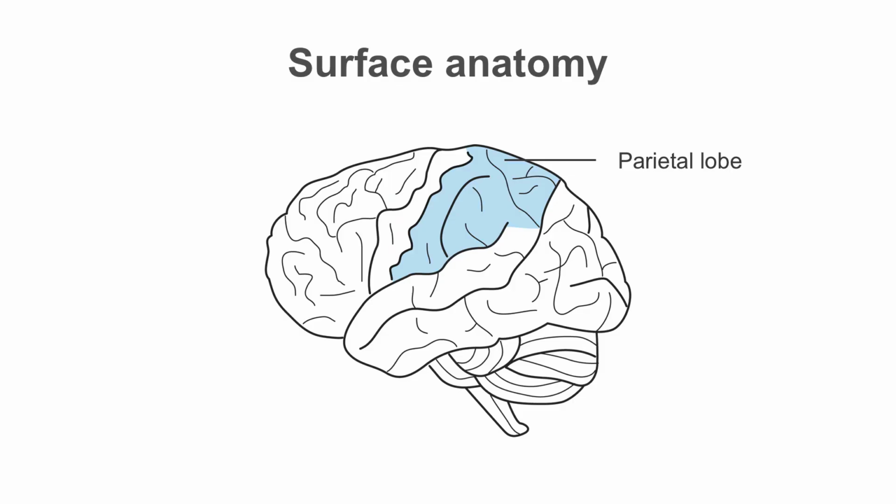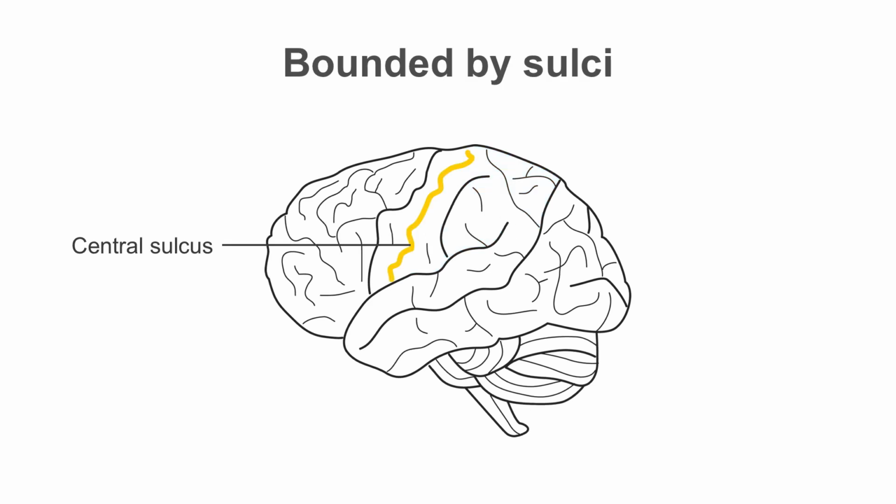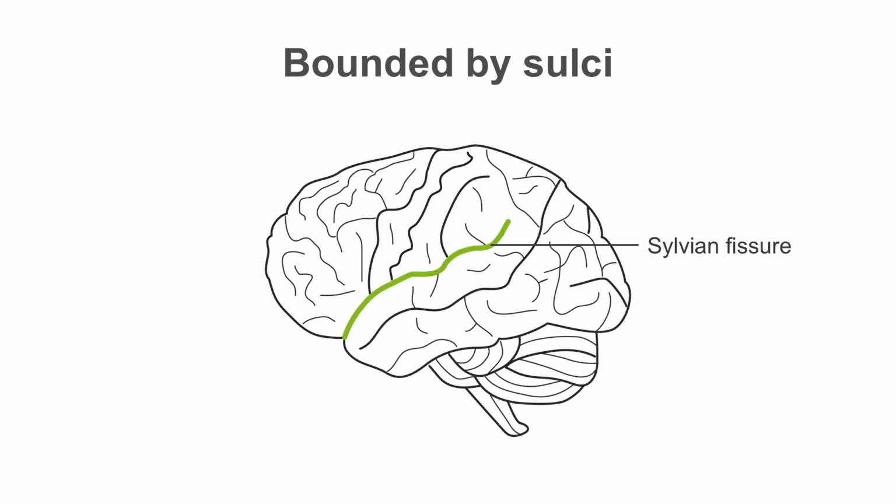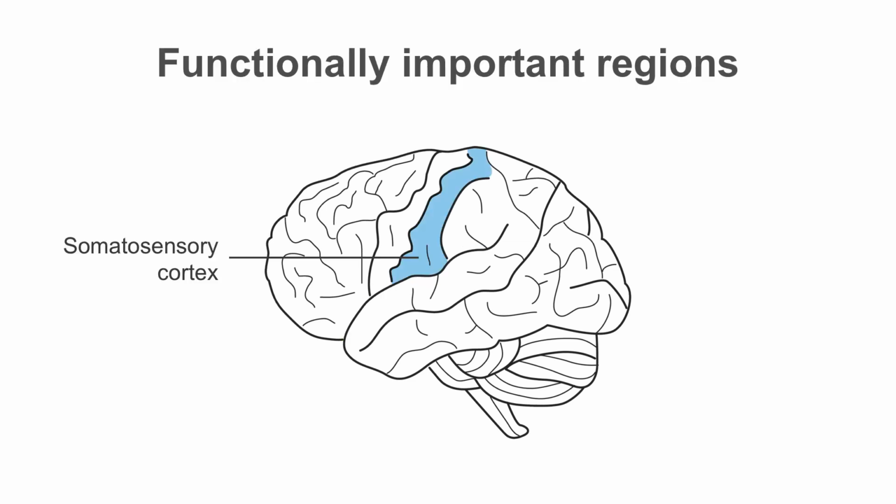The parietal lobe is bounded by sulci and fissures. Anteriorly, there is the central sulcus. Posteriorly, there is the parieto-occipital sulcus. And inferiorly, there is the sylvian fissure. The primary somatosensory cortex and association regions, Brodmann's area 5 and 7, are located on the lateral surface of the